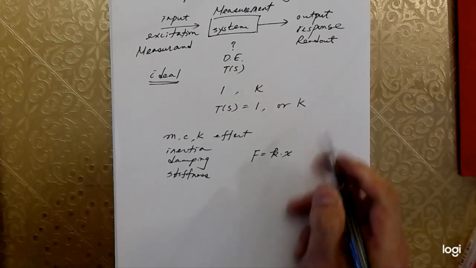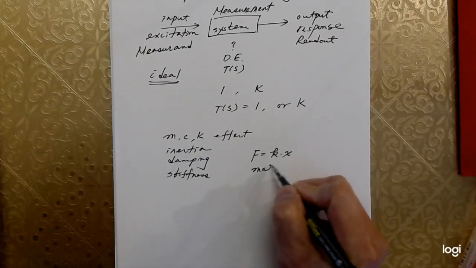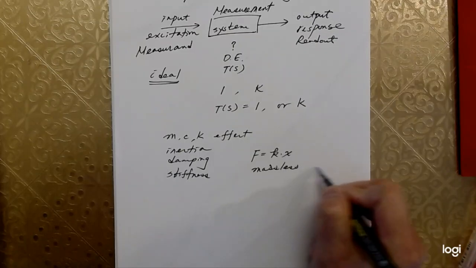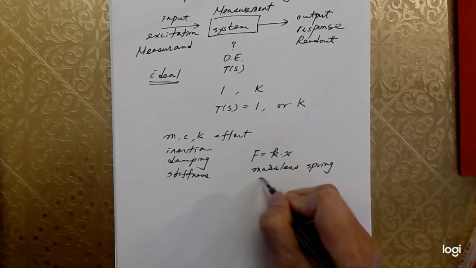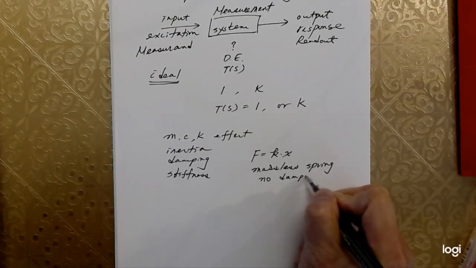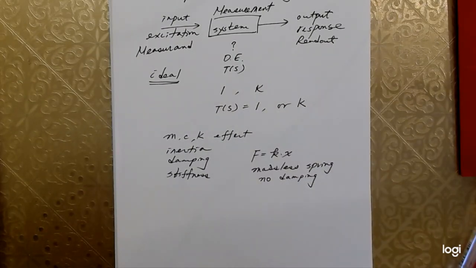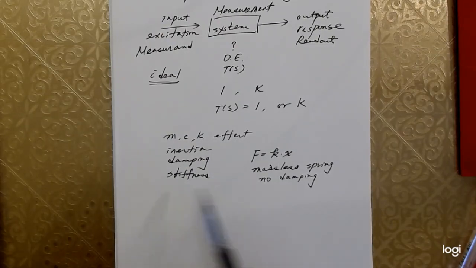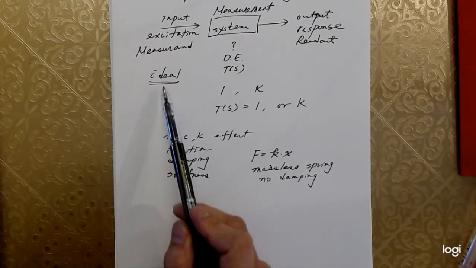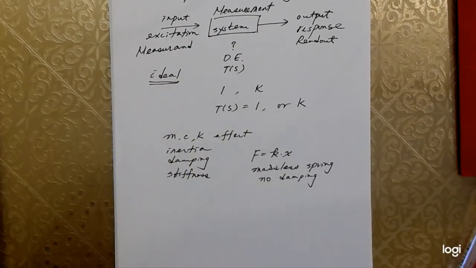So it's a massless spring, no inertia, and there's no damping in the spring. In reality, more or less, there are always these effects, one or the other. Okay, so ideal case is a constant, but in reality, you always have